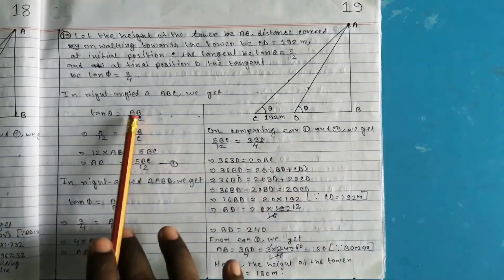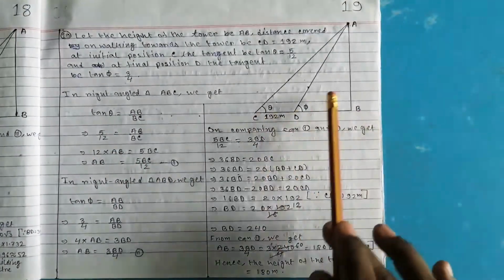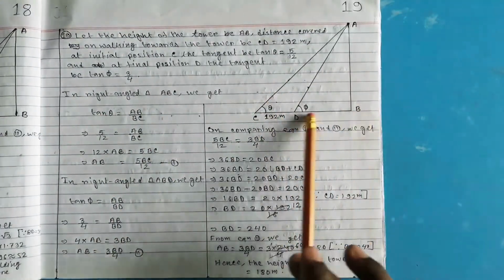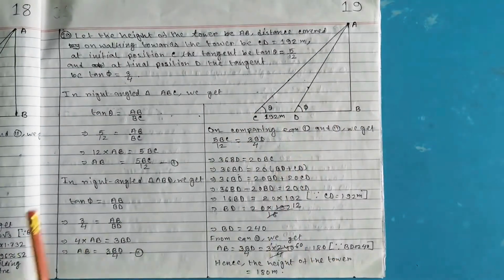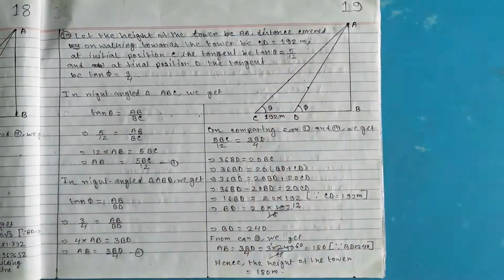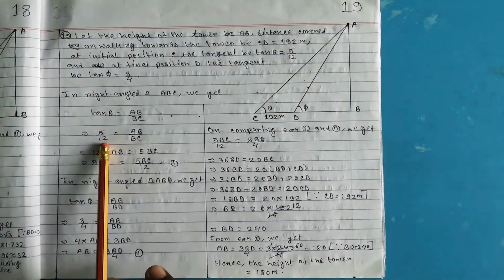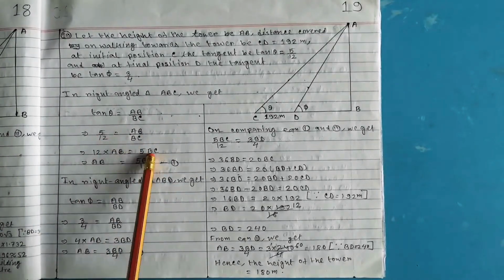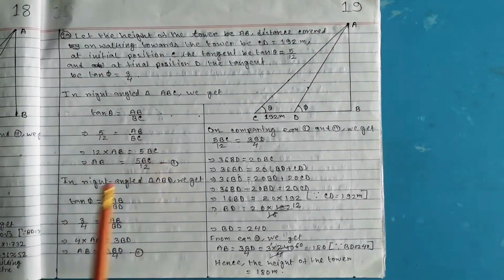So from right angle triangle ABC, the bigger triangle, tan theta equals AB upon BC, perpendicular upon base. Tan of that angle is given already, that is 5 upon 12, in your book it is provided. So tan theta equals 5 upon 12. Now do cross multiplication. So AB into 12 and 5 into BC, and AB equals 5 BC upon 12.